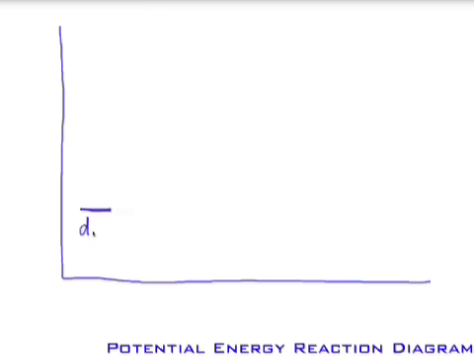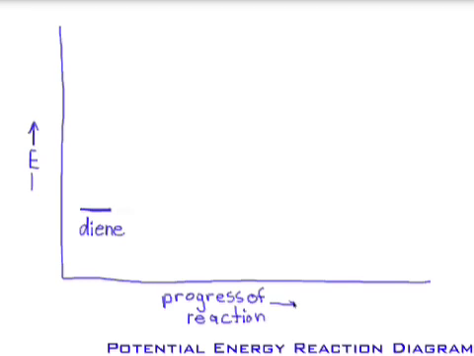I'll just write diene here. This is energy, remember? And this is progress of reaction. Sometimes it's just called time, increasing that way. Now the diene has an energy of activation,